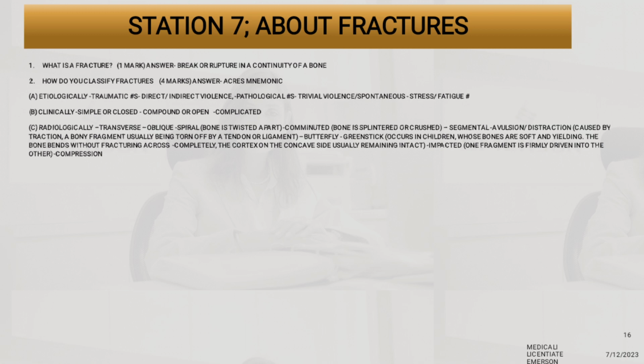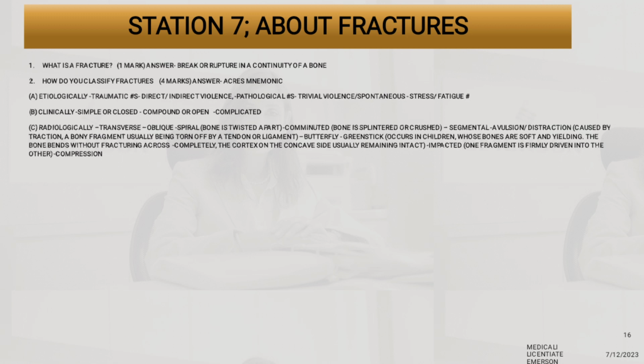In radiological, we can have transverse, oblique, spiral, where a bone is twisted apart. Then we can have comminuted, where the bone is splintered or crushed. We can have segmental, avulsion, or distraction caused by traction, and then a bone fragment usually being torn off by a tendon or ligament. Then you can have butterfly, you can have greenstick, which occurs commonly in children, whose bones are soft and yielding, where we have